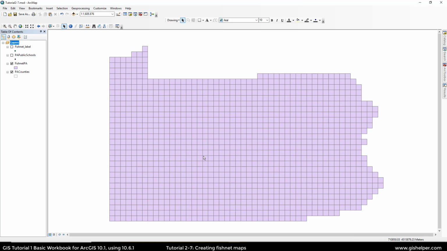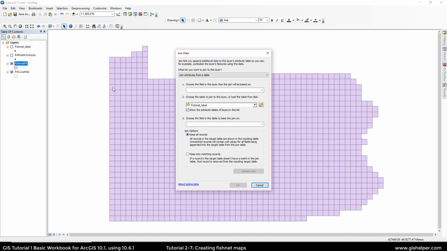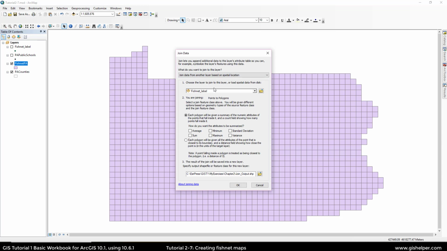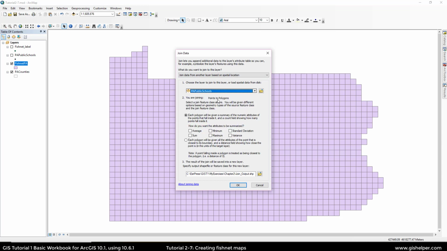Next, we're going to spatially join the schools and our fishnet to find out how many schools are in each of our cells. We're going to right-click fishnet PA and go down to Join and Relates, and then Join. We're going to change the type of join from join attributes from a table to join data from another layer based on spatial location. We're going to choose PA Public Schools,